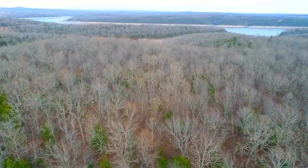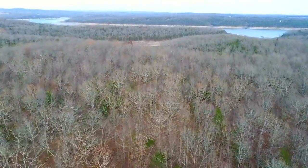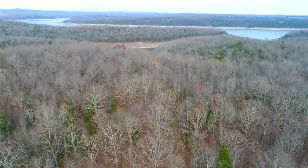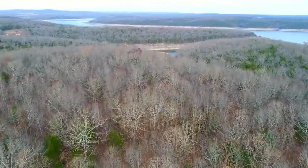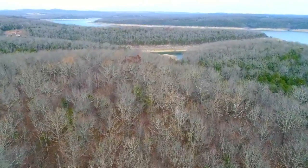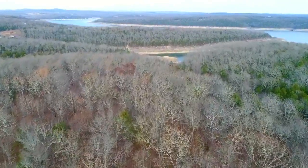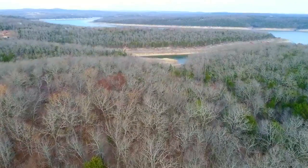So we're flying northeasterly directly over the property. Clearly it's the middle of winter. There are basically no leaves on the trees. Really makes the pines and cedars stand out. But I mean, you can see this is just loaded with nice timber. I don't have the topo map directly in front of me. This part all looks basically level, and then when you get more toward the northeast side,